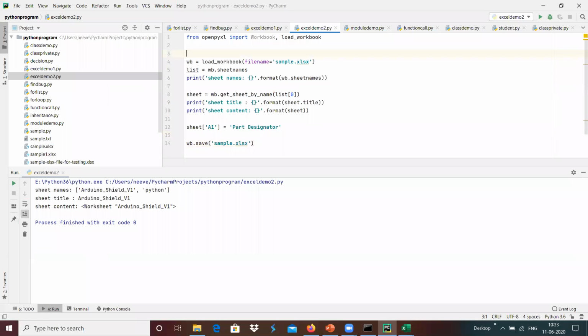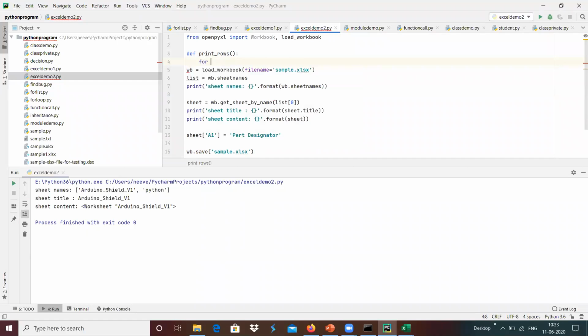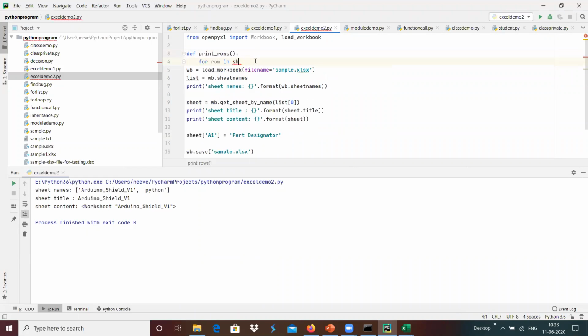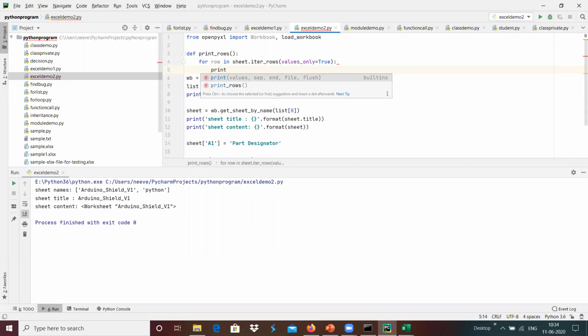I'm going to use a def print_rows here, and inside it I'm going to do for row in sheet.iter_rows with values_only equals True, and inside that I'm going to do print of row.